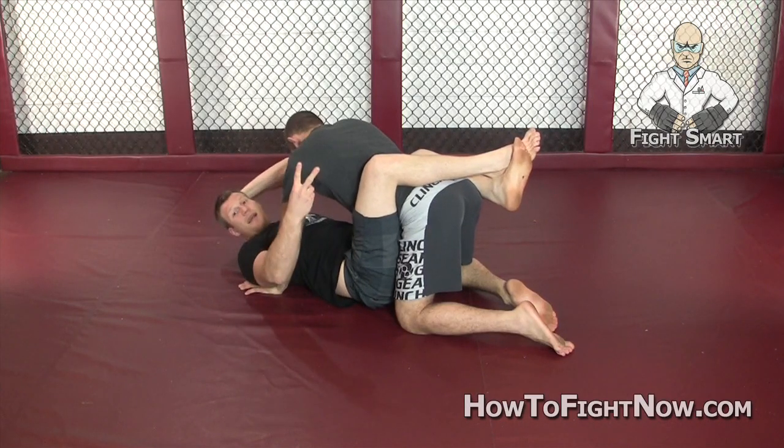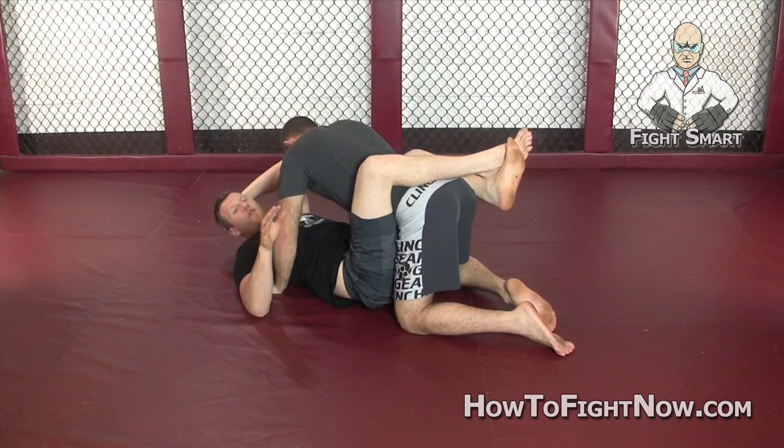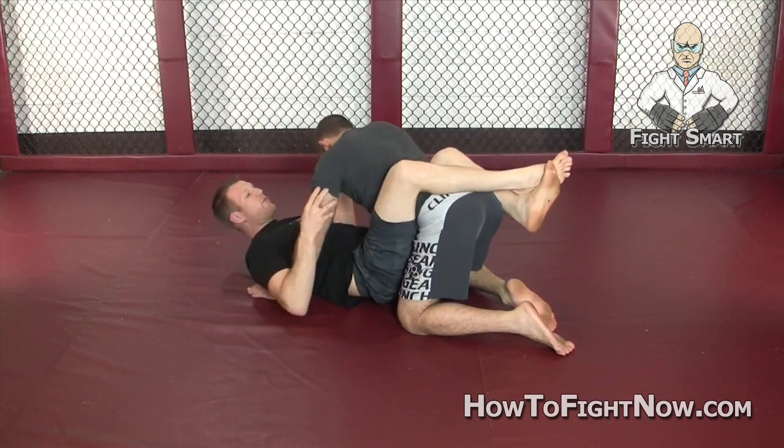Now, the second way that I like to control a dude's arm is called a flipper grip. This is more advanced, it's a little tougher for people to get for a while because they gotta get their hands and their wrists,